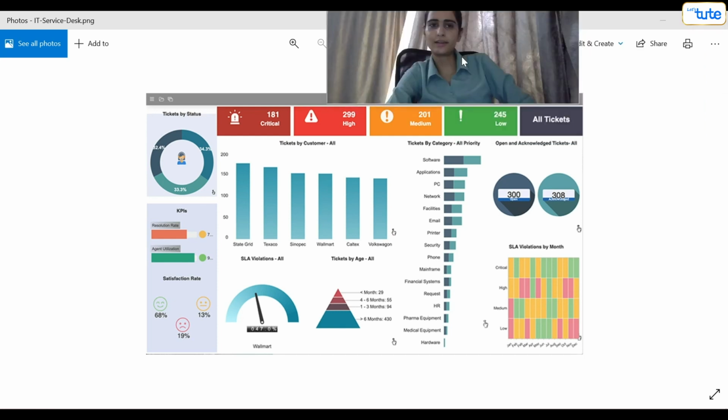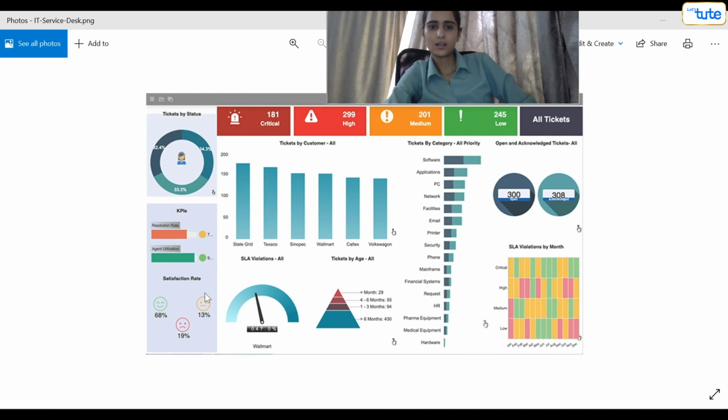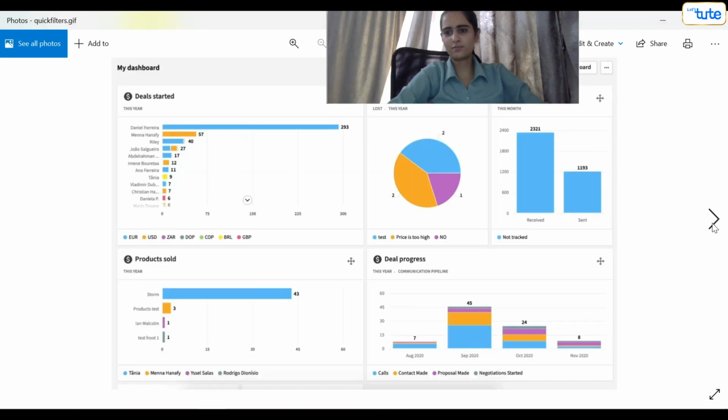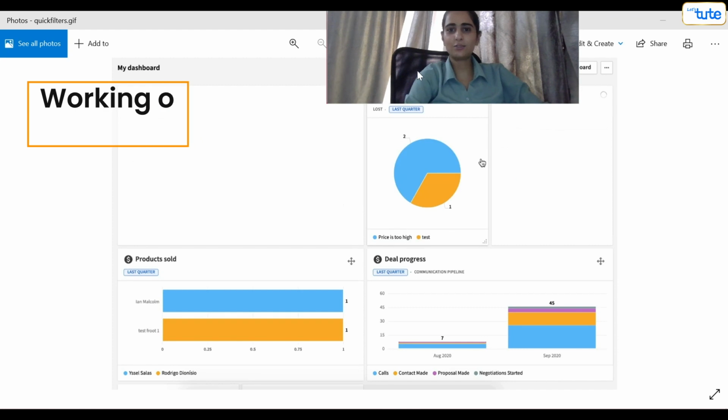It is a kind of IT services desk, all the tickets, the diagram, because a dashboard is something that creates and visualizes the data in a good format of graphical presentation. So we are just checking some example views of how we can generate more in that. Anything more left? Wow. So this is how the dashboard will work.